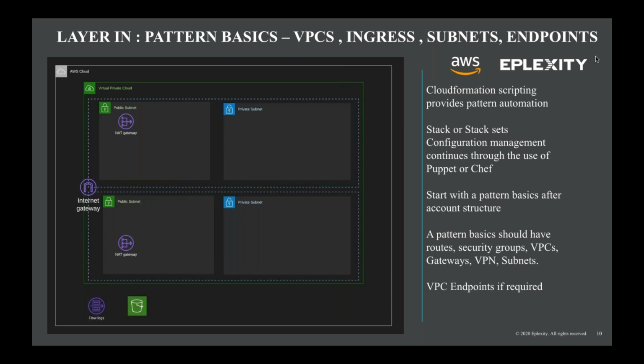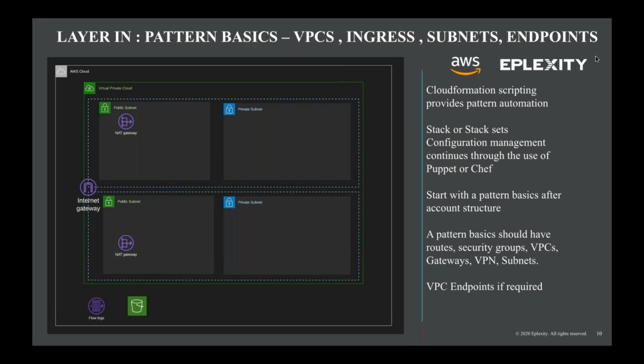So in this particular case, a basic pattern, we're going to think about the basics, right? Most people that are going into cloud understand these basics, but it's very important to reiterate it. Public subnets and private subnets, good IP routing, good IP assignments. Making sure that you've got the internet gateways and the NAT gateways in the right places. And then the next piece of that, which a lot of people may not necessarily think too hard about, is